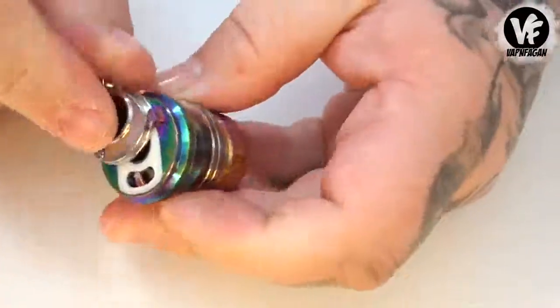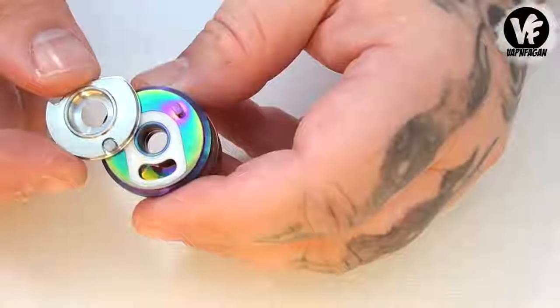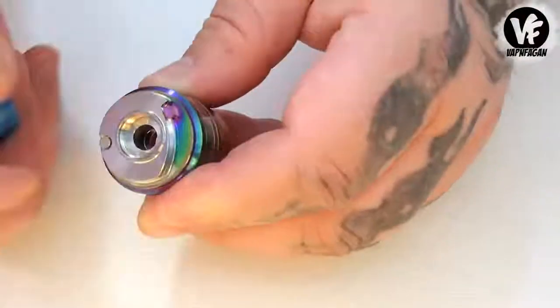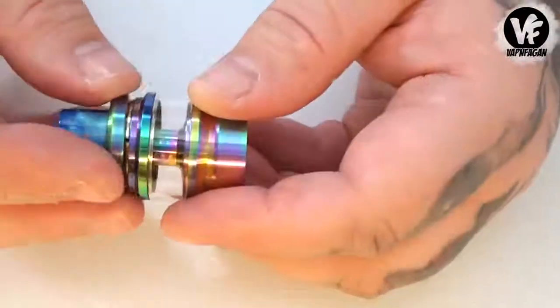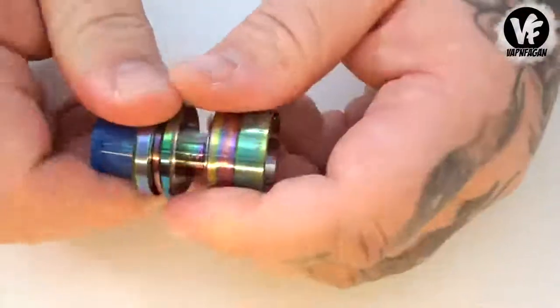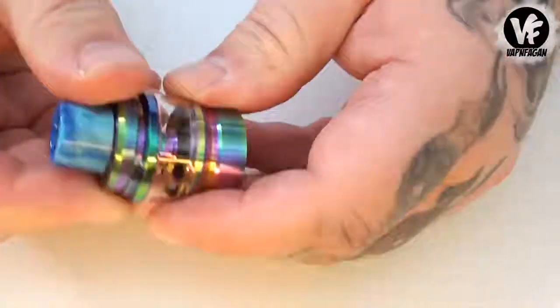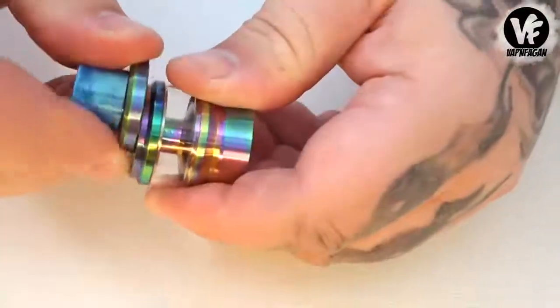There we go. And now you can unscrew this completely. You can see how you can pull it out. Pull off that grommet. Replace it. Pop this back into place. Take that and then just reverse everything. You can screw it down nice and tight. And since it is reverse threaded, you don't have to worry about it loosening up when you're opening and closing